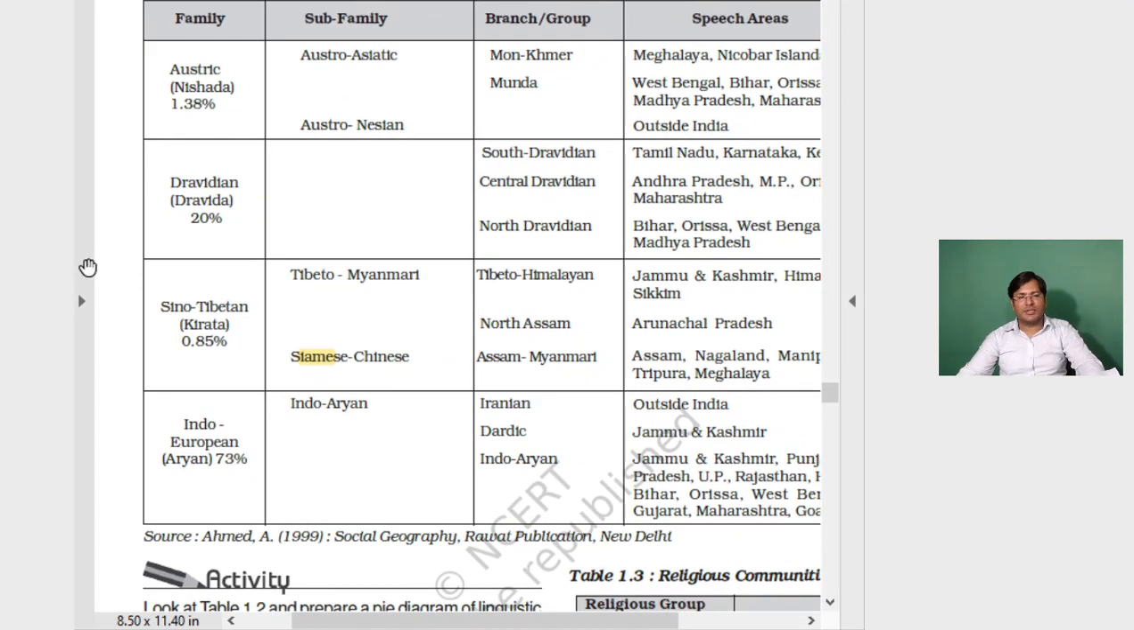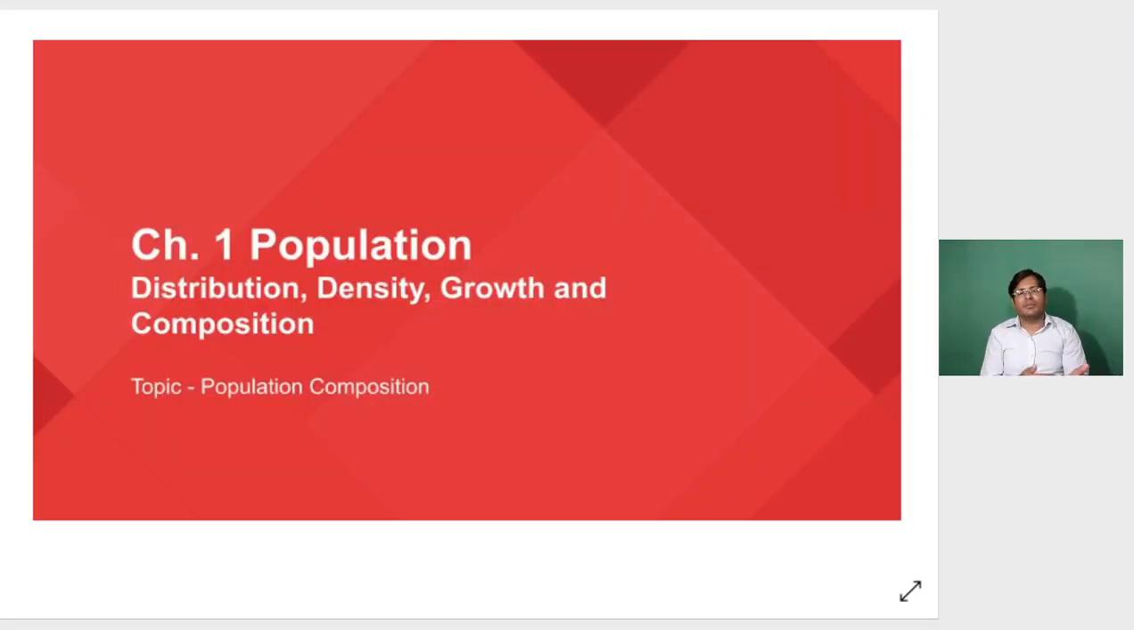So today we have studied about the compositions of the population, and we have studied two compositions. One is the urban and rural population, and the division of the population based on the various